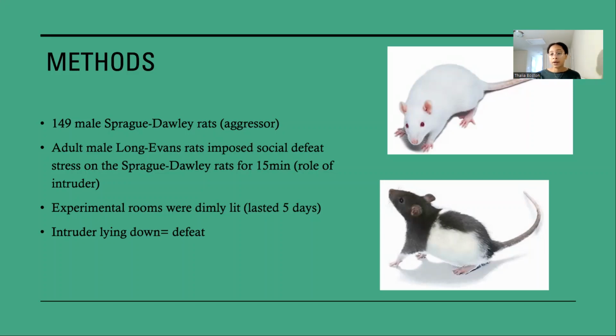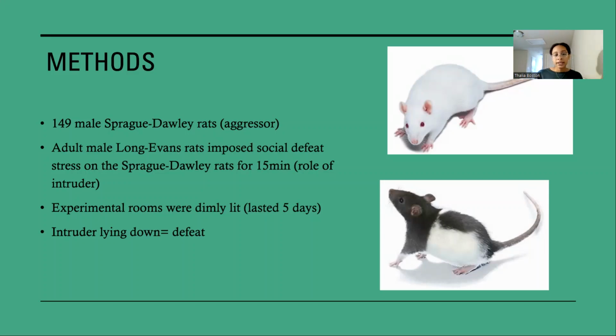Another thing I wanted to say is that they wanted to keep the experimental rooms dimly lit because rats are extremely sensitive to light. If they're extremely sensitive to light, they will go to sleep, which is kind of counterintuitive, since usually in light someone wants to stay awake, but with rats, they go to sleep. So they keep the experimental rooms dimly lit so the rats can function properly and they get accurate results.